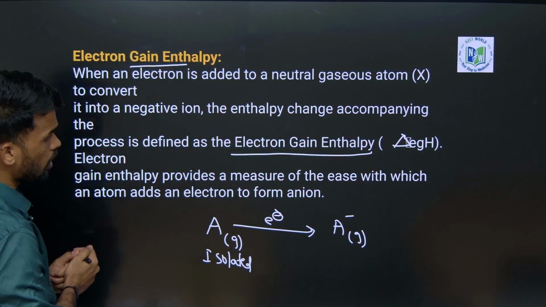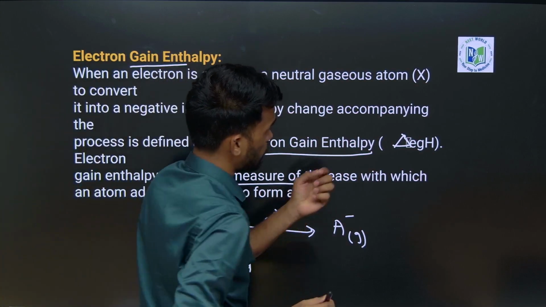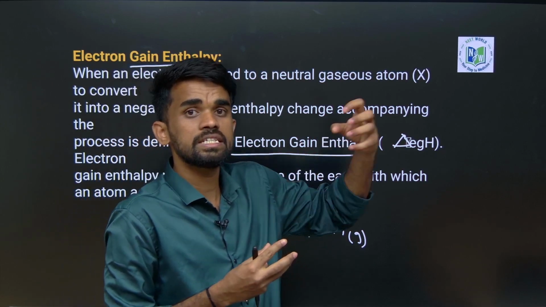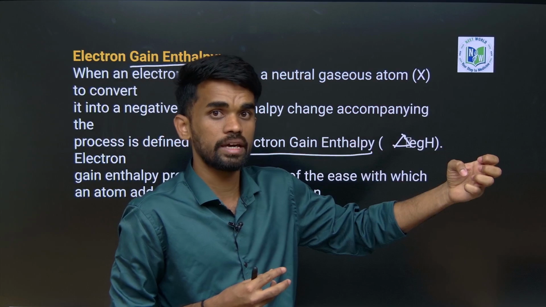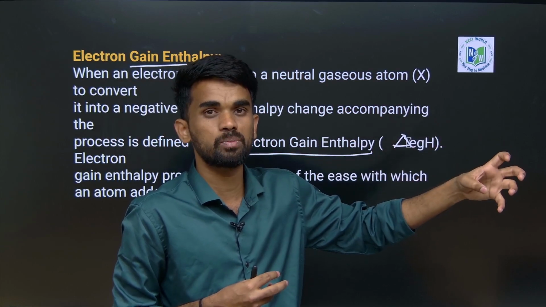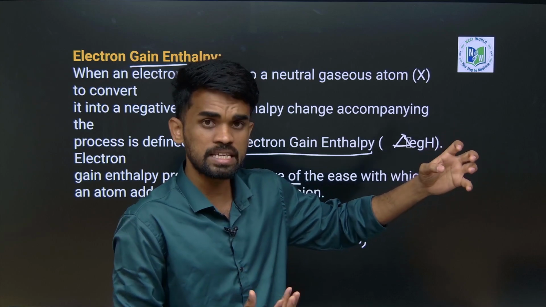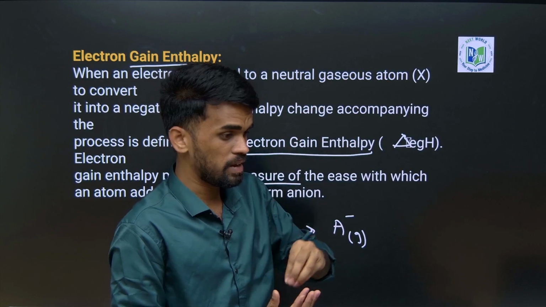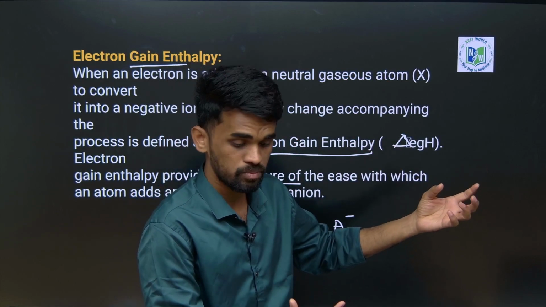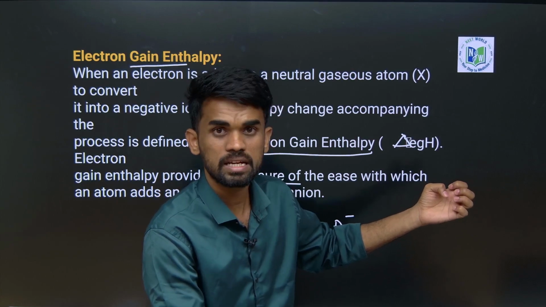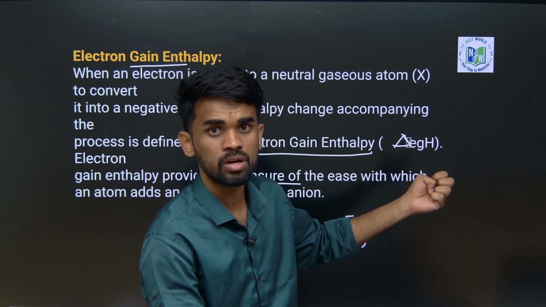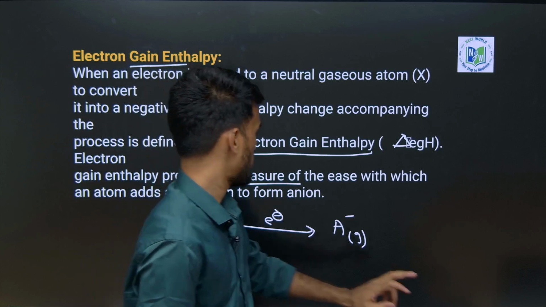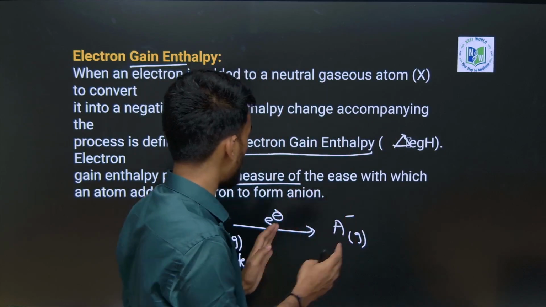What is the use of electron gain enthalpy? See, if more energy is released, it means it is more negative. That process is called an exothermic process if energy is released. That says that we can easily add that electron to that particular species. If energy is released, the system's energy is decreasing, which means the system is becoming more stabilized. It means that particular ion is more stable than the respective atom. Okay, yeah. So this is about ionization energy.